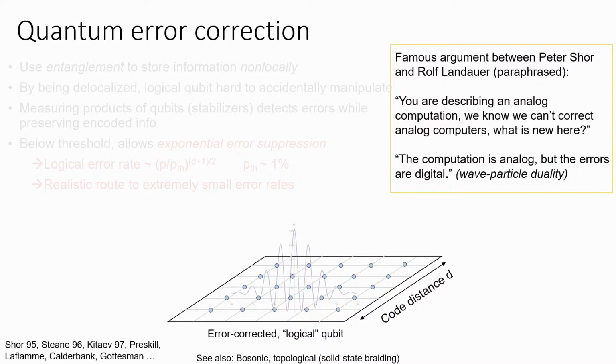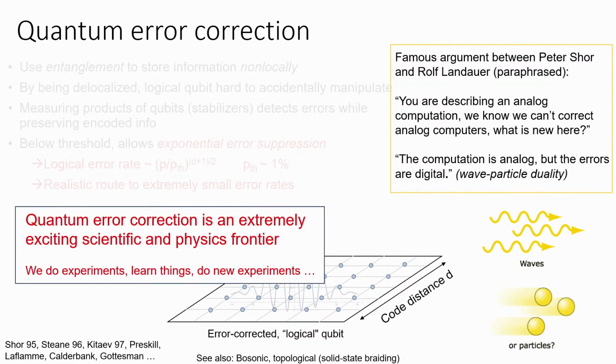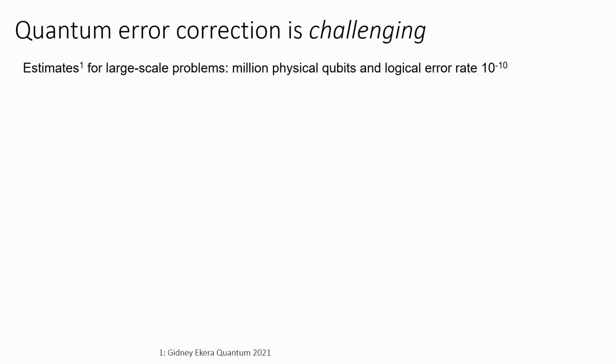And it's really uniquely due to the wave-particle duality that it is even physically possible to do analog-style quantum computations with logical qubits that are stored in the entanglement between the physical qubits while removing errors from the system. And error correction is a very powerful tool. It allows us to build very low error rate systems that we want to go use for advanced computations, but it's also, I think, just remarkable from a physics perspective.